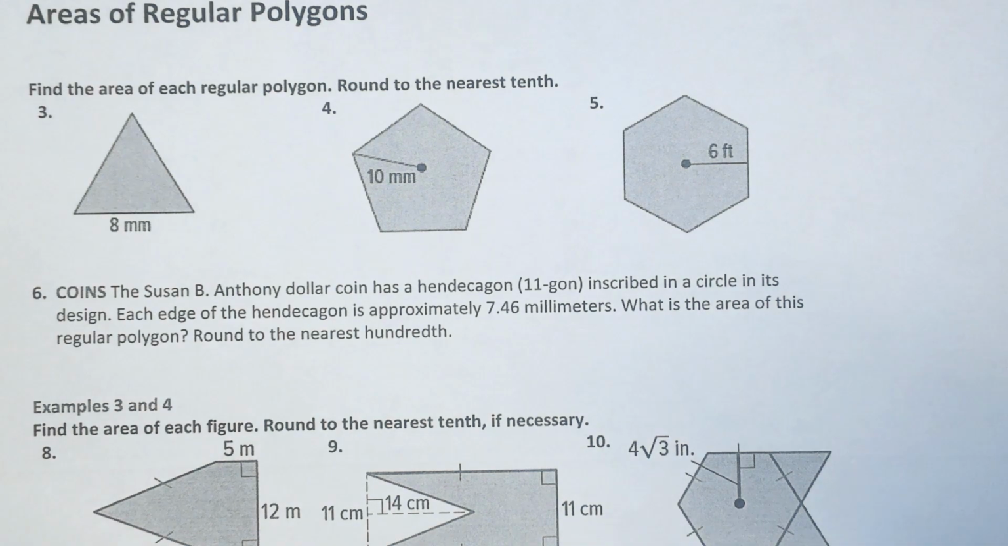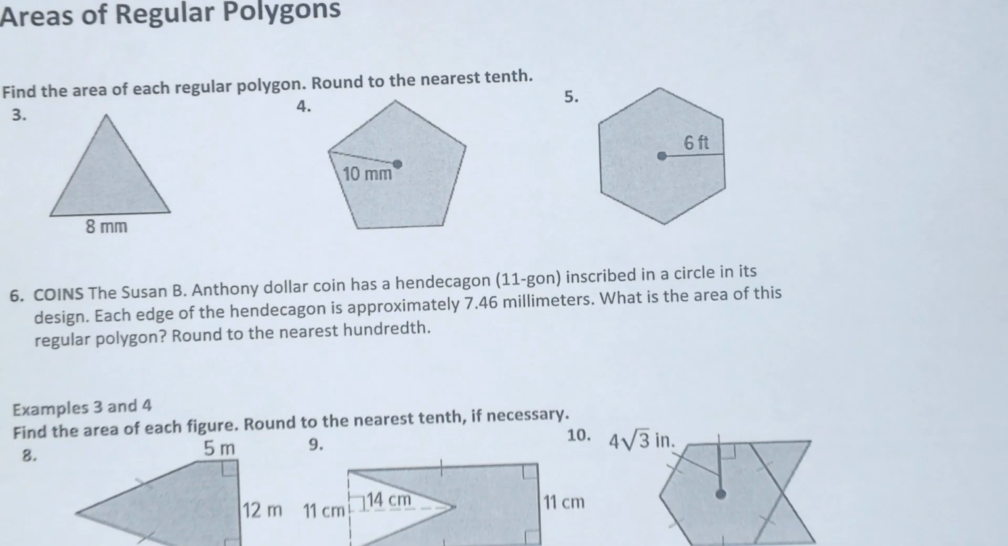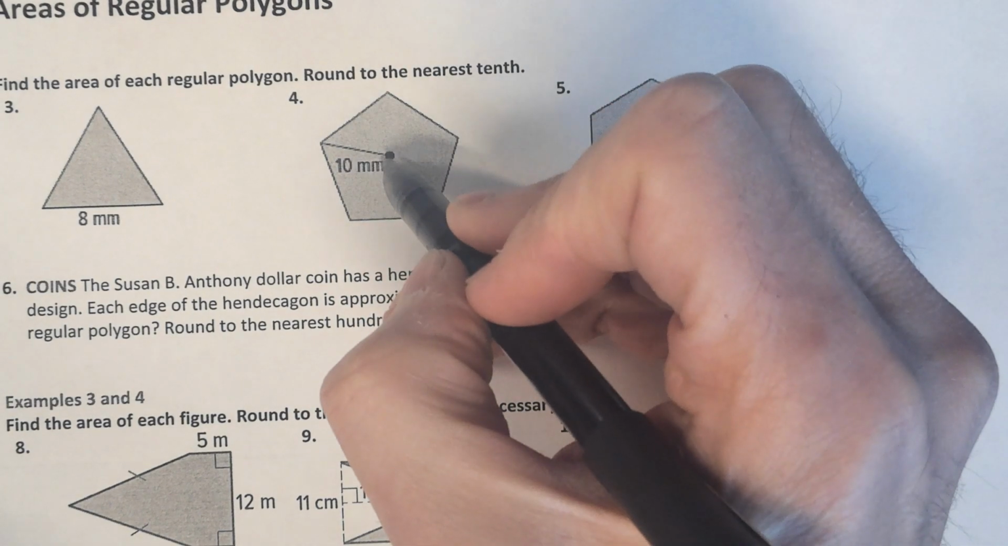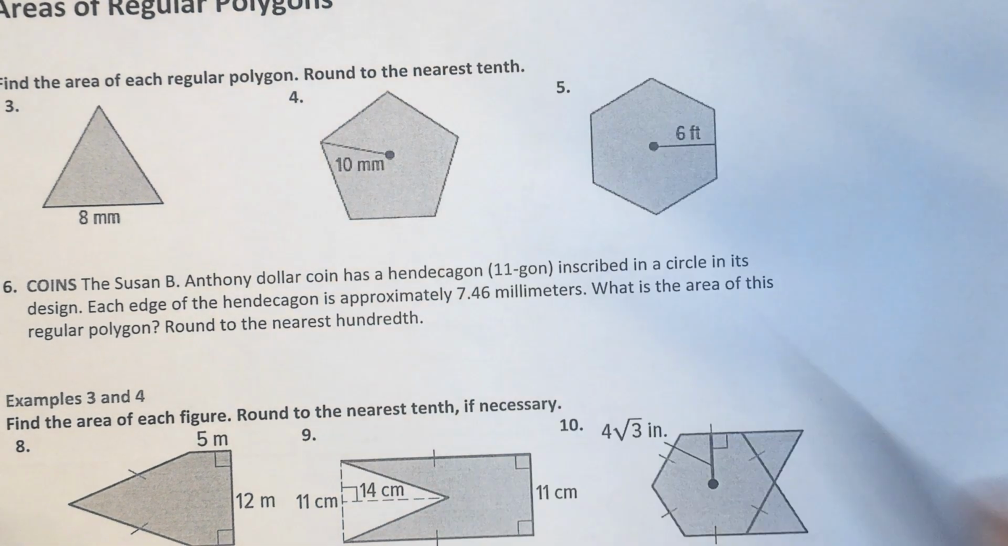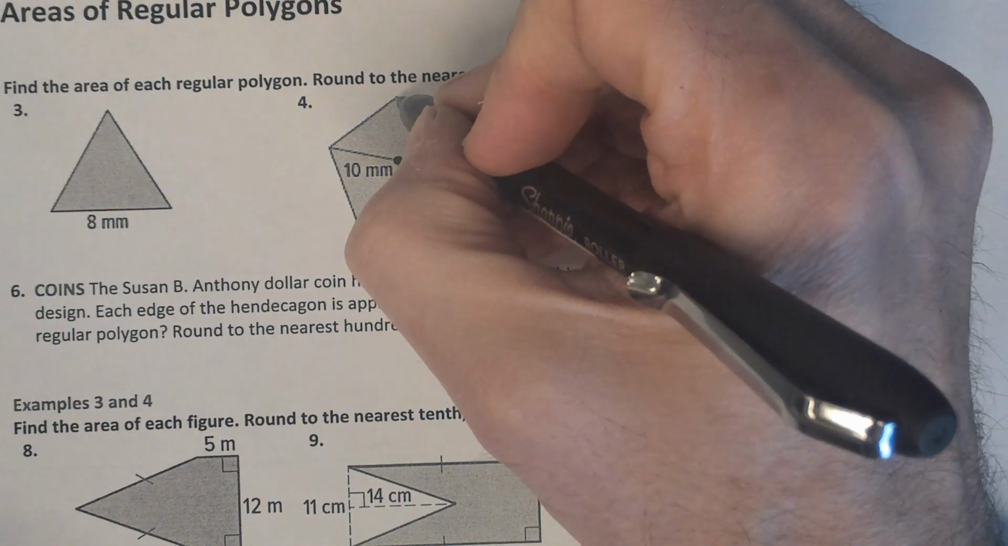All right, on number 4. The difference with this problem from the previous problem is that instead of giving us the apothem, now they're giving us the distance from the center to one of those outside vertex points. All right, so when we draw our triangle in here,